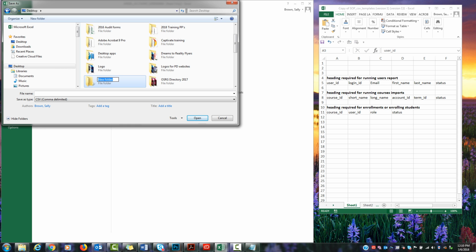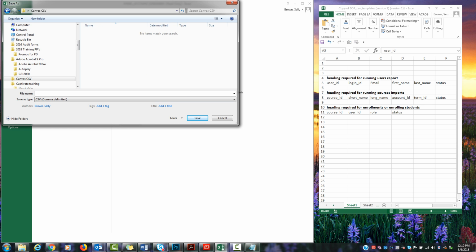So we're going to name this, you can either name it the user, oh no, CSV, Canvas, CSV. I did that because I'm going to put multiple ones in there. And we're going to name this users. And today's date is